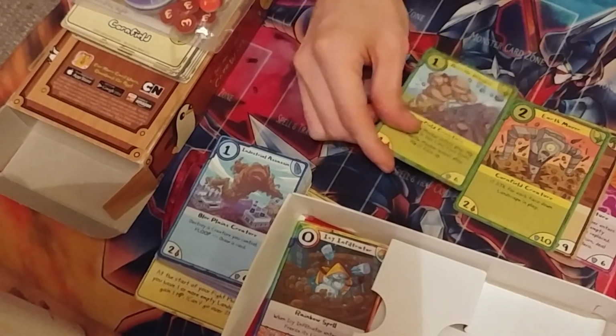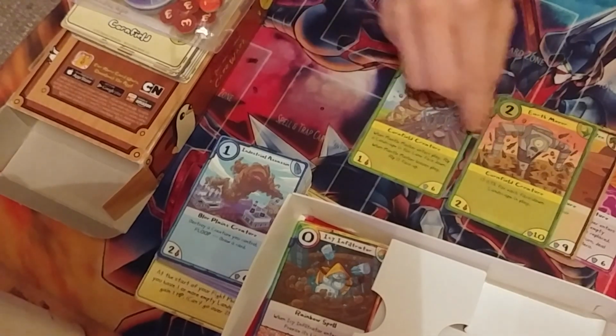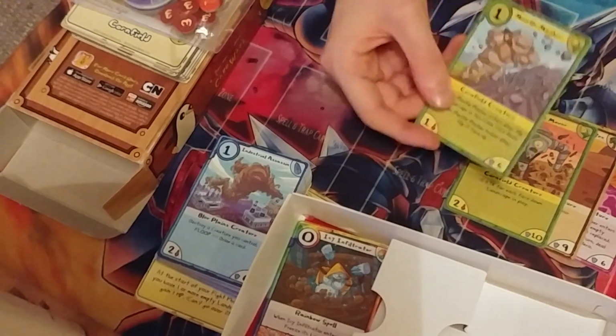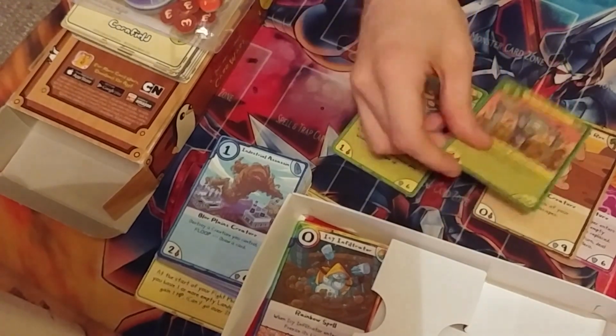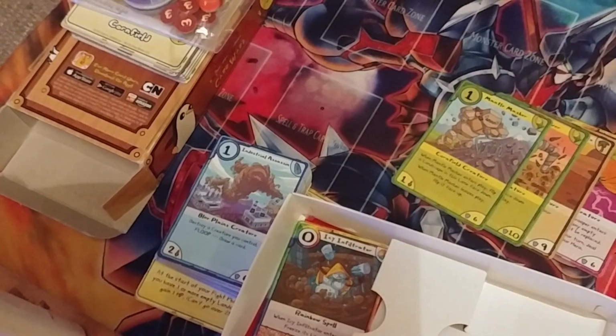So this is the final mechanic, flipping your landscapes down to gain power from doing so. A lot of the cards that flip the landscape down are very weak, but the cards that gain the power can be quite powerful. So that's the essential...